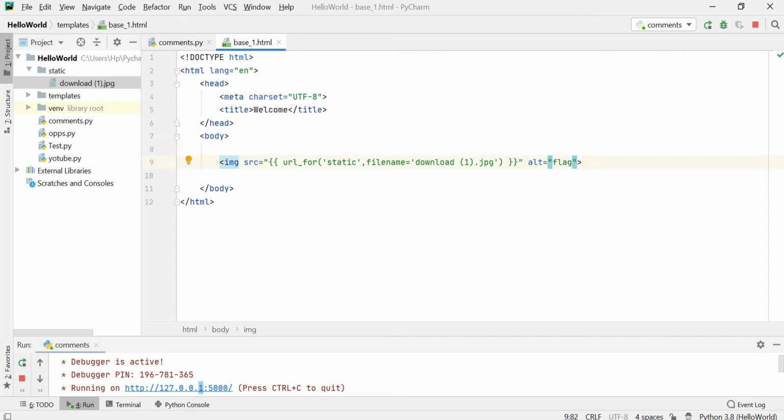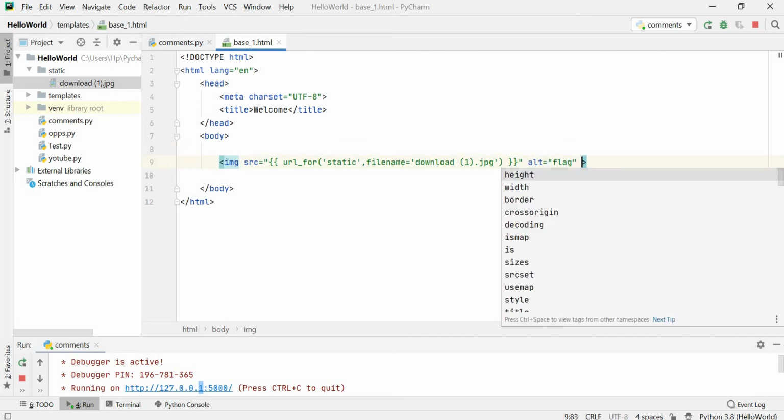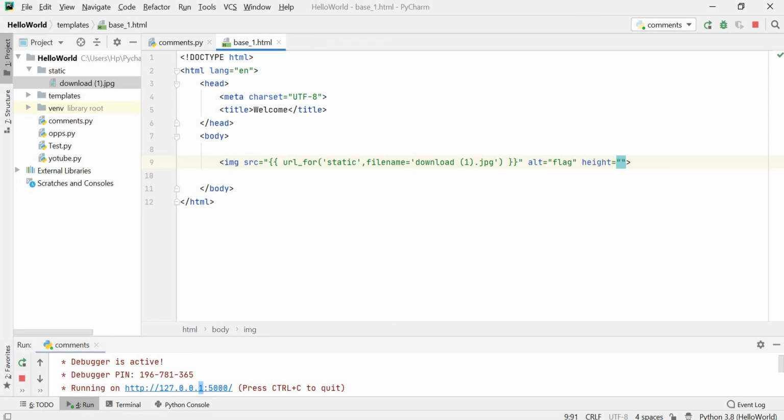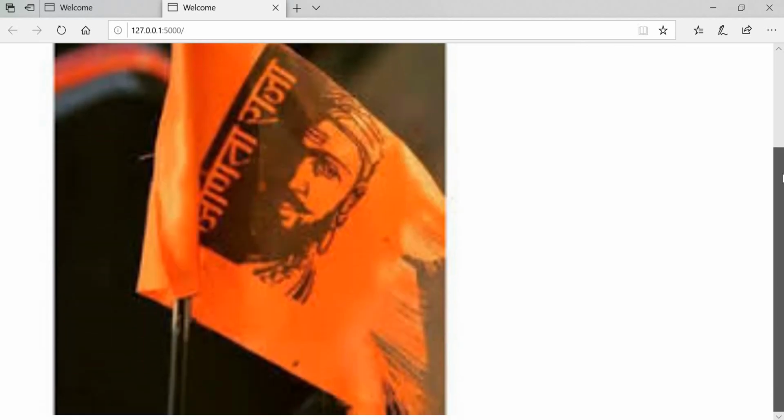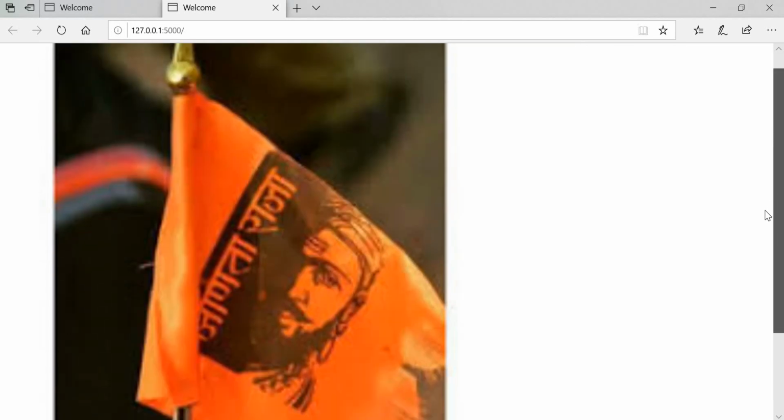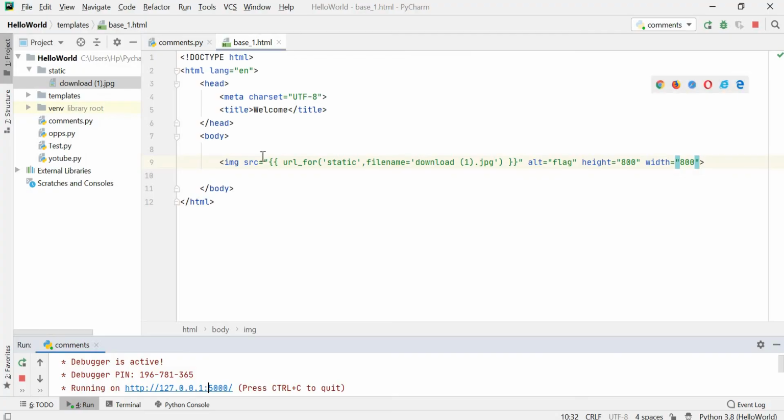You can pass anything. To adjust your image, pass height and width also. Save now and go to your URL. See, the image size is adjusted. Like this you can adjust that image.